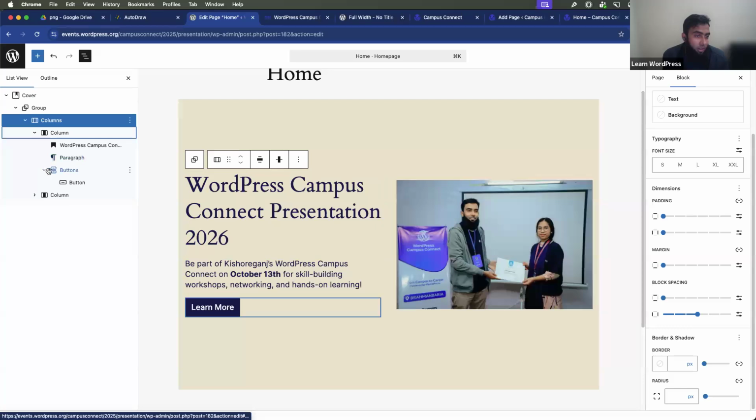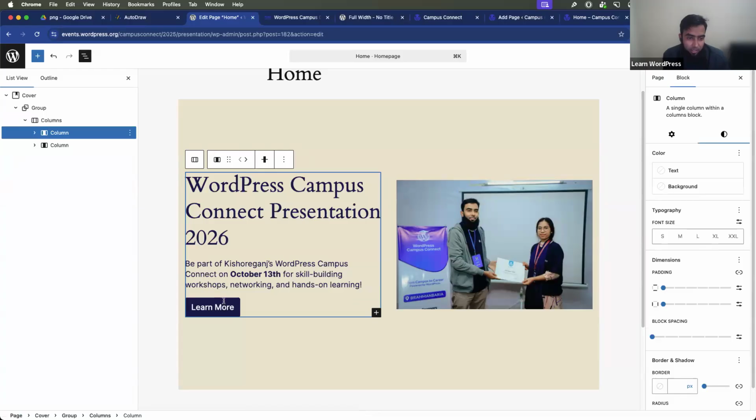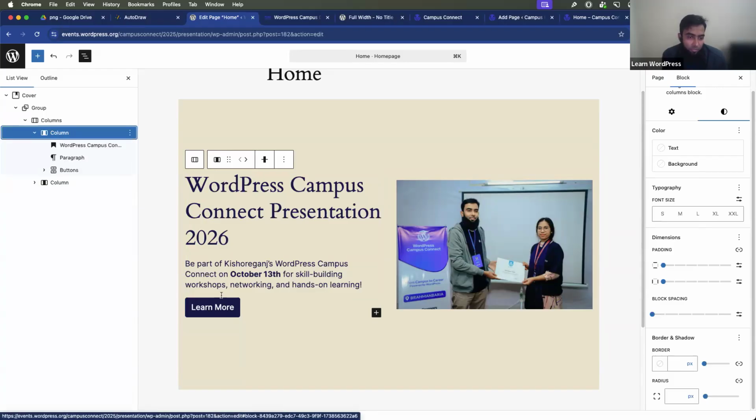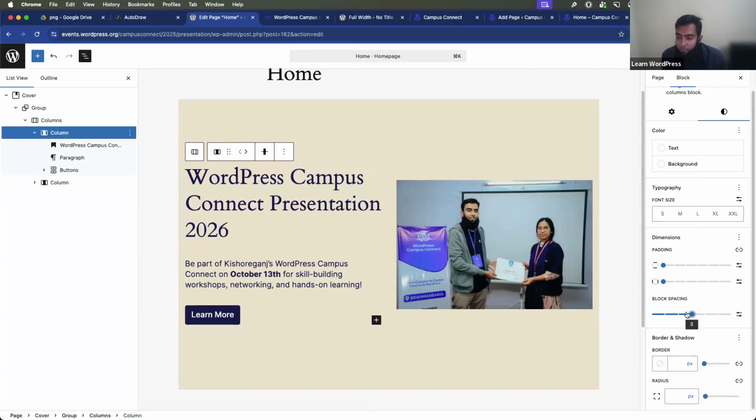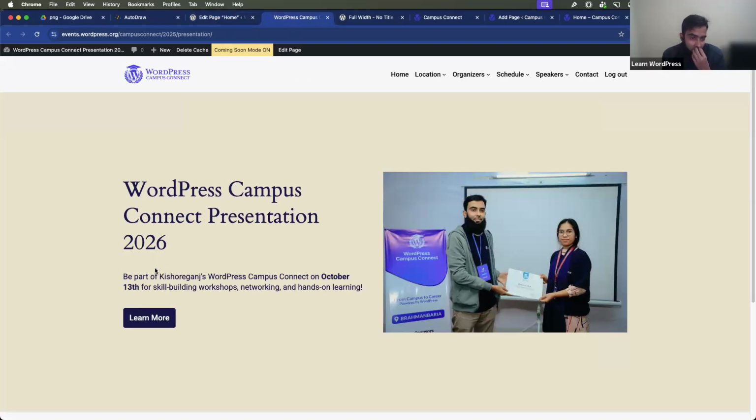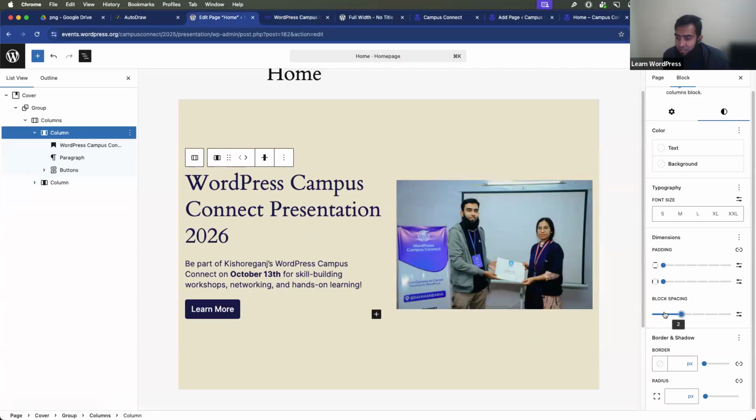So we can just target this first column. Here we need to actually adjust the block spacing, as we are trying to give block spacing for these elements, these three elements, and the parent is this column. That's why we are giving block spacing here. Now it has block spacing a little bit, but we need to adjust it. Like let's add one,